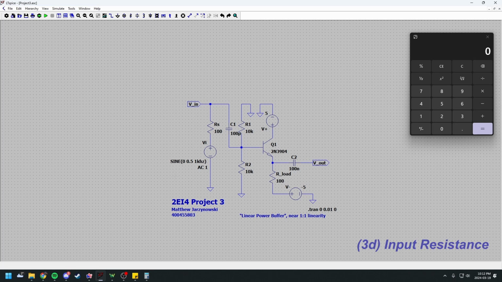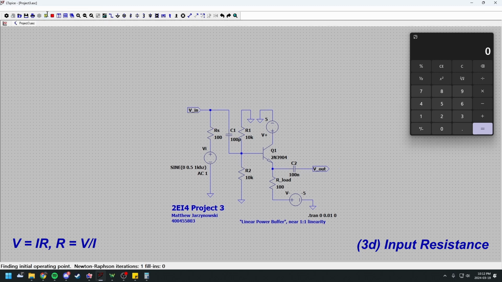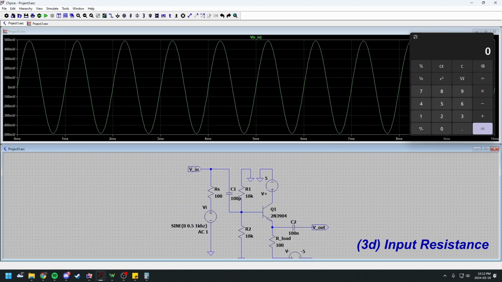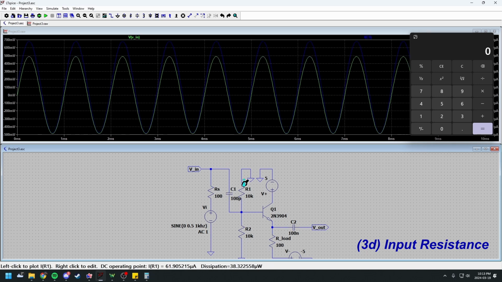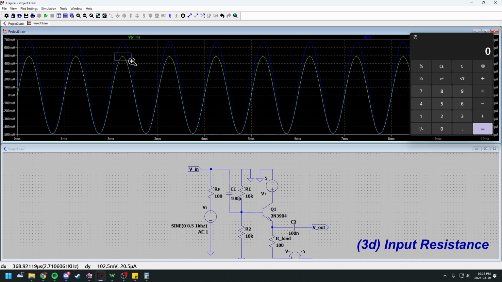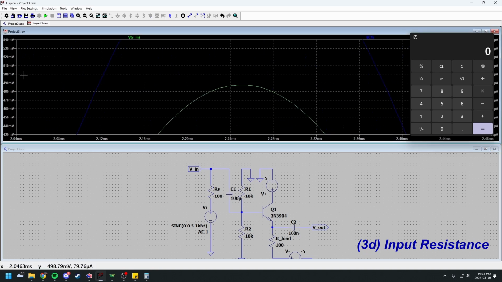To find the input resistance, we can simply apply Ohm's law, where resistance is equal to voltage divided by current. We can run the simulation, plot our voltage at V in, and since we know that current in a series loop is the same everywhere, we can say the current at the first capacitor. Find our voltage to be approximately 0.5 volts